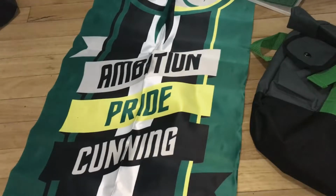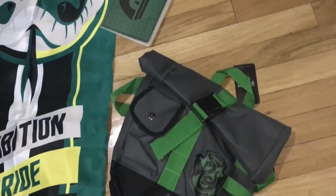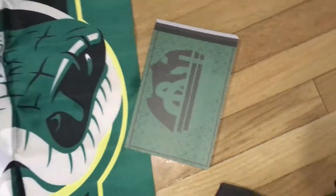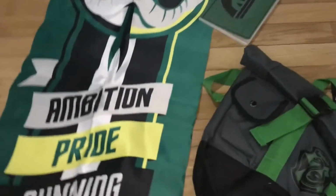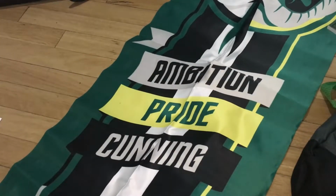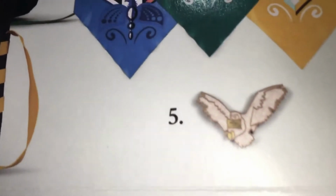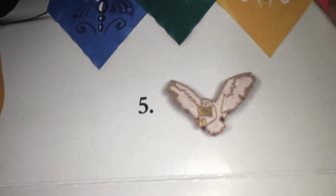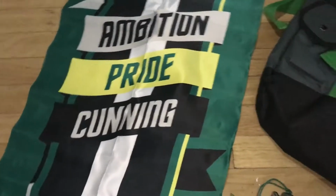So one last time of everything I got here. I have the Slytherin pin. I have the backpack. We have the notebook and this beautiful long runner here. But the thing we're missing is, so here's the cheat sheet of everything, and we are missing Hedwig. Poor Hedwig. So yeah, and everything that we have here is the thing. So I just want to take a quick